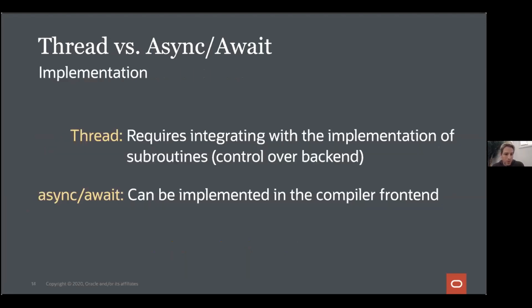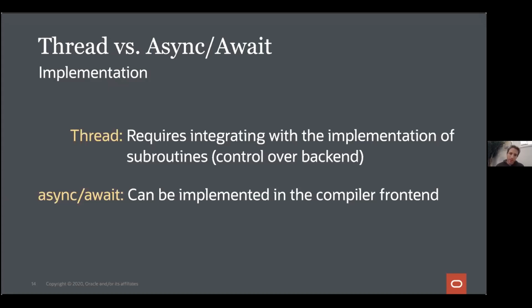The second difference is in the implementation. If we want to implement threads in user mode, doing so requires redefining the state of the thread, which means representing the state of each subroutine. To do it efficiently requires integrating with a representation of ordinary subroutine stack frames, which usually requires access to the compiler's backend, as that is a very low-level implementation detail.